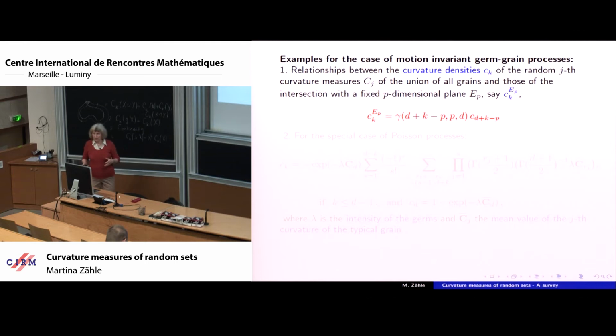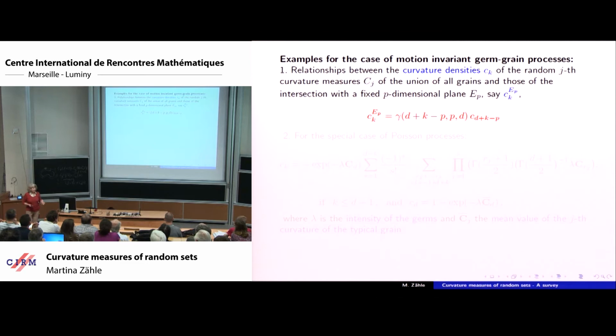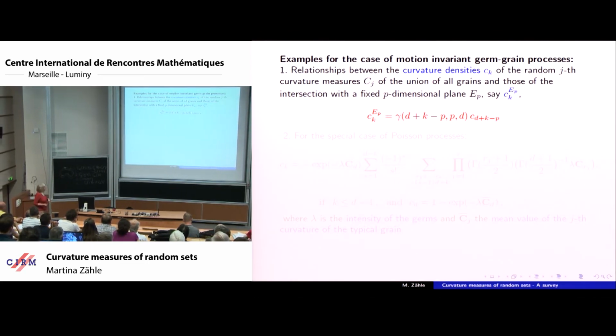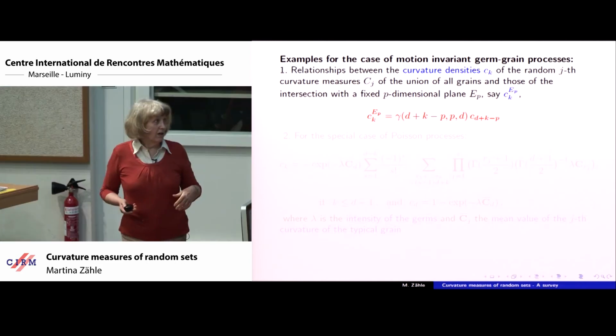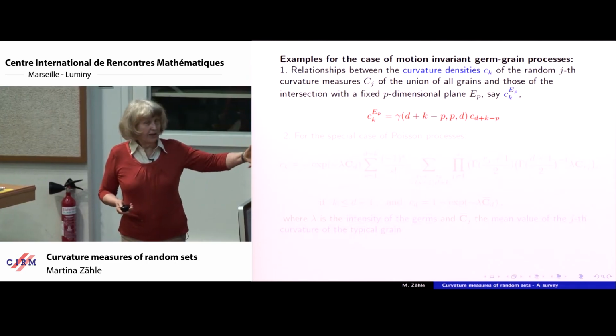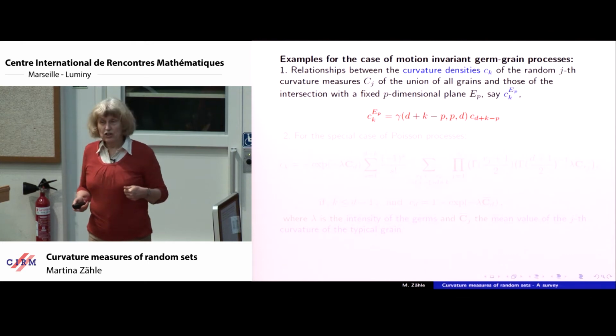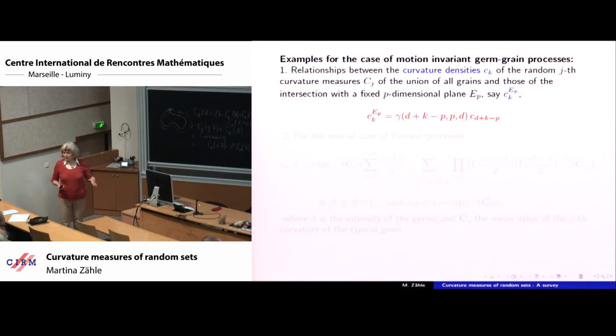Maybe let's call these point processes marked point processes, where the marks are geometric sets. Let's call them germ-grain processes, like it was usual at the beginning at least. If you have a stationary model, the curvature measures are stationary random measures, so you can speak of intensities. These are signed values, the intensities. And there's a relationship between the intensities of the primary point process model and the intersections with certain flats, say.